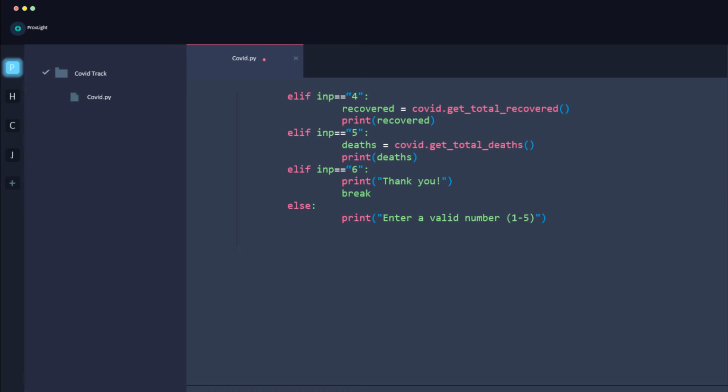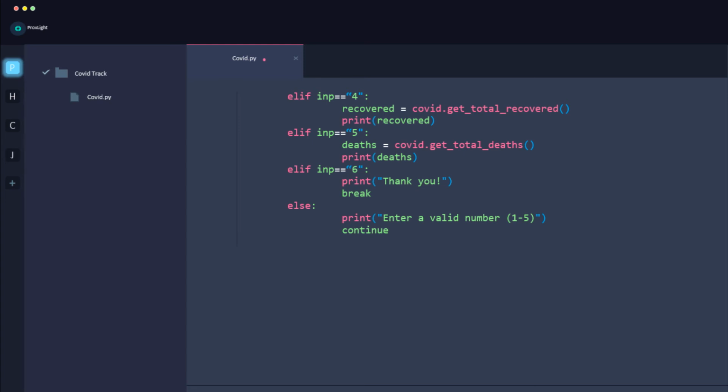Okay, so this is the basic syntax that you need to type. And after that, you need to just make sure that the functions get total recovered, get total death, these kind of functions are available on his website, and we are basically printing that stuff in the next statement. So let me just run it by saying that this should run again with a continue statement, and let's run it on our terminal.